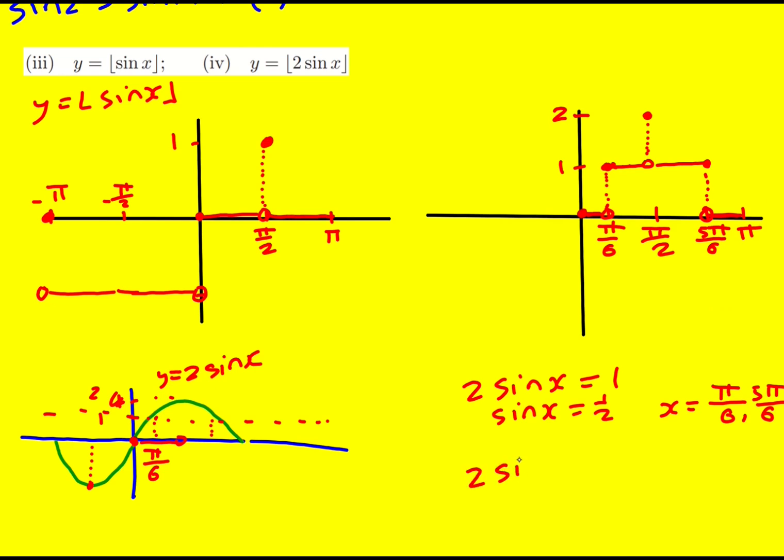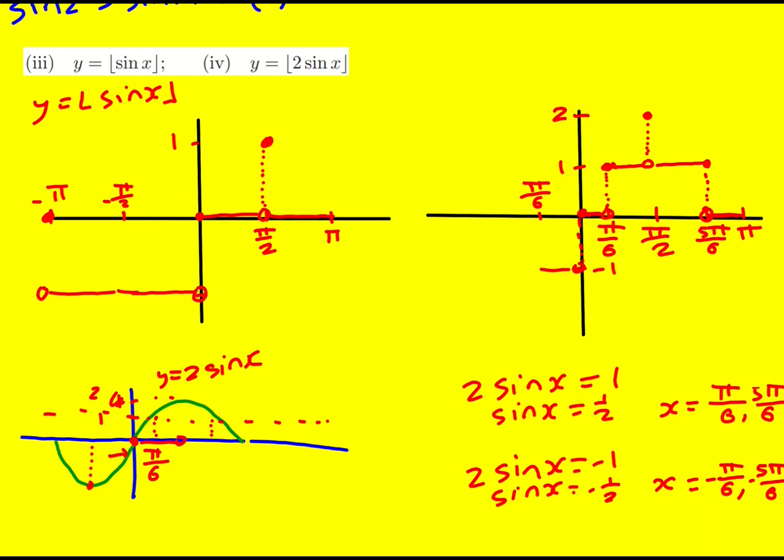Now something similar is going to happen on the other side, but remember when sine becomes negative, it's going to straight away jump down to -1. There's going to be this discontinuity in open circle, and it's going to go horizontally along like that. So whereas 2 sine x equal to -1 will be where sine x is minus a half, which is x equal to minus pi over 6, or minus 5 pi over 6. So we'll again get to this pi over 6, and then actually at that point we're going to have